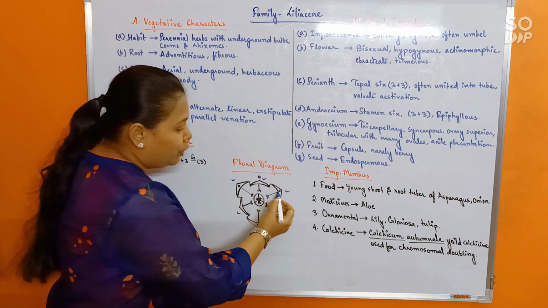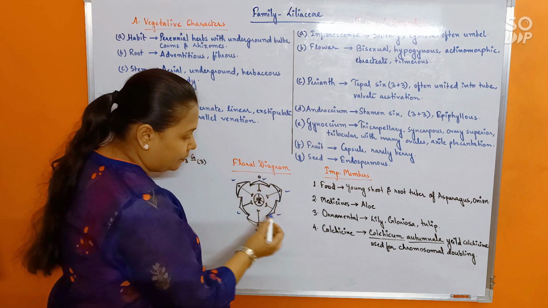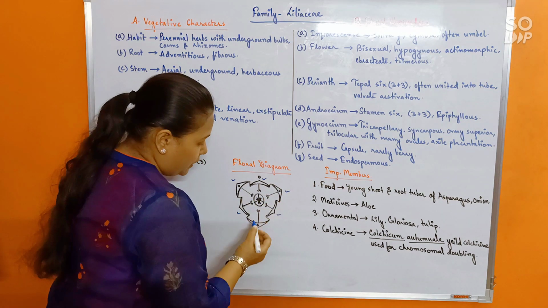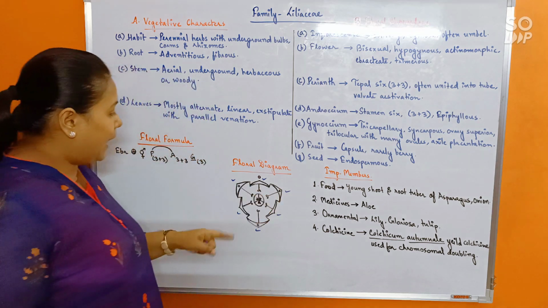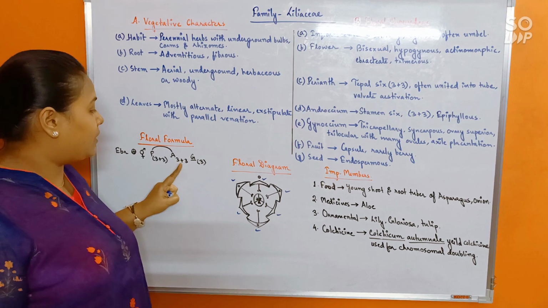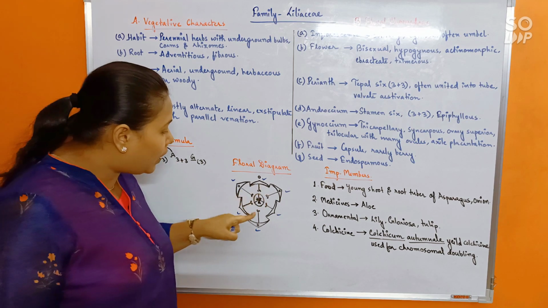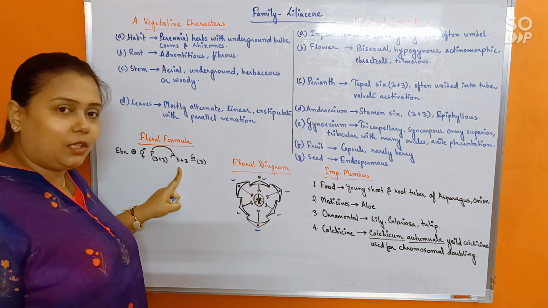Alright. Next, the stamens are going to be arising or showing epitepalous condition, isn't it? So in that case they would arise from being attached with the tepals, 3 from outside and 3 from inside. Okay, that's why 3 plus 3, not directly 6. But they are not fused with one another. That's why a bracket is not being used here.